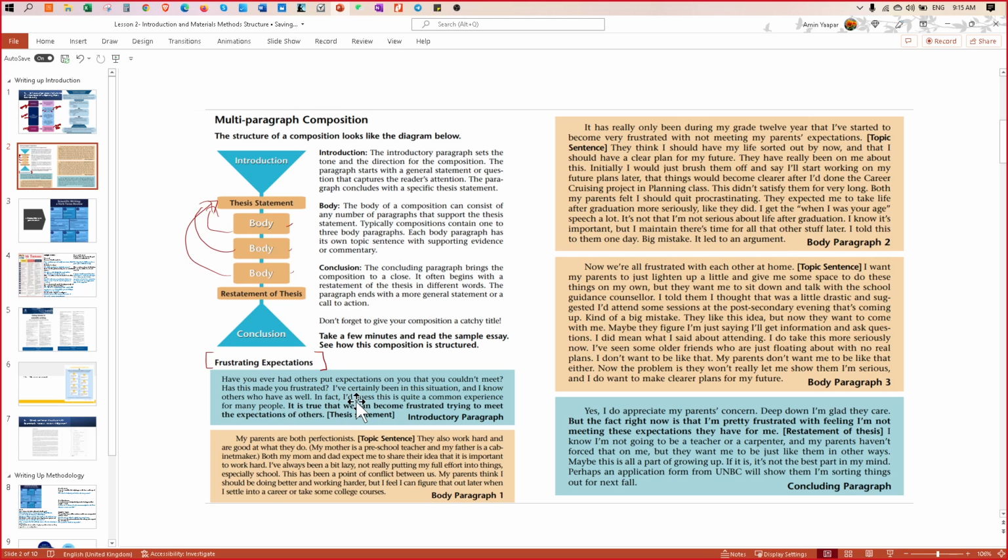Then you start with the body paragraph of your writing and the topic sentence. It talks about the tendency of us to become frustrated when we are trying to meet the expectations of others.